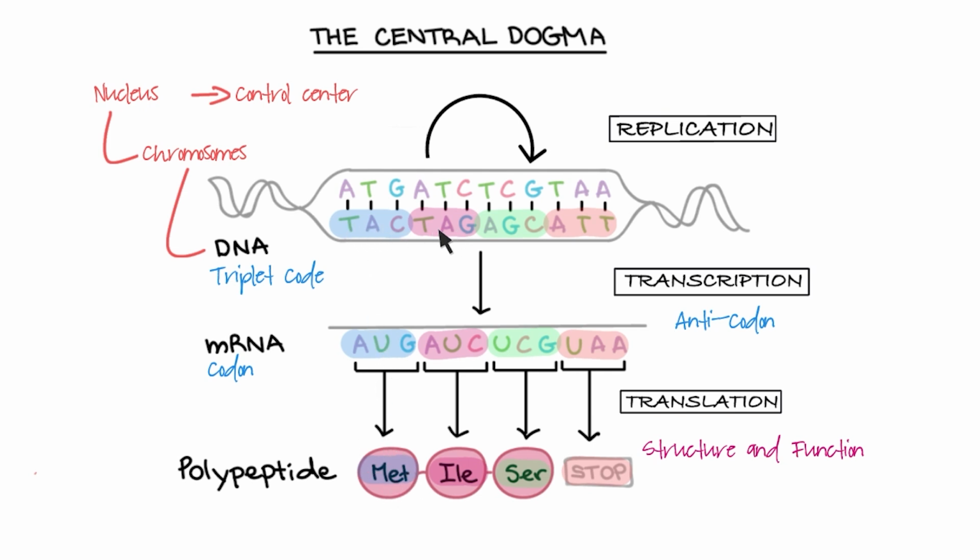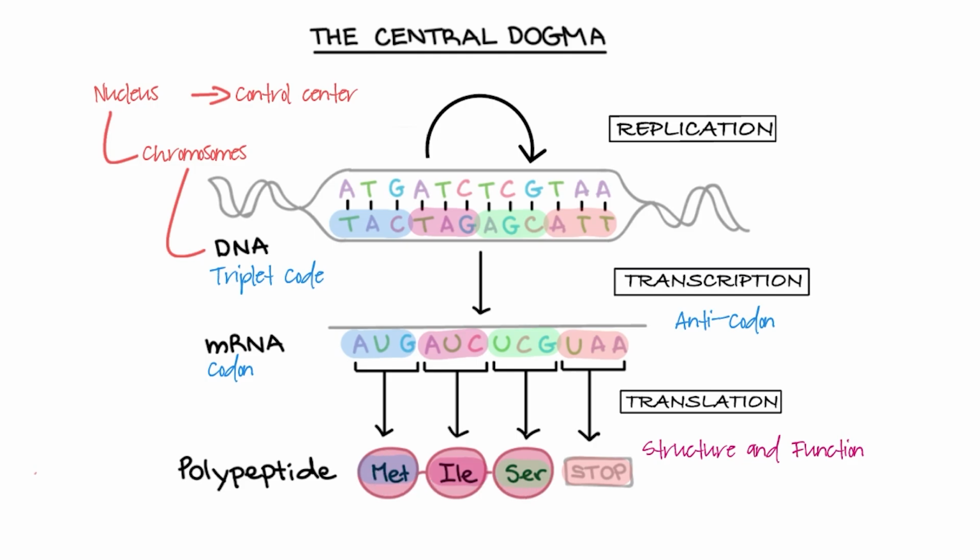So a triplet code will be transcribed into a complementary codon on the mRNA, and the codon will be translated into a specific amino acid in the polypeptide chain. This is how the sequence of nucleotides on the DNA ends up determining the sequence of amino acids